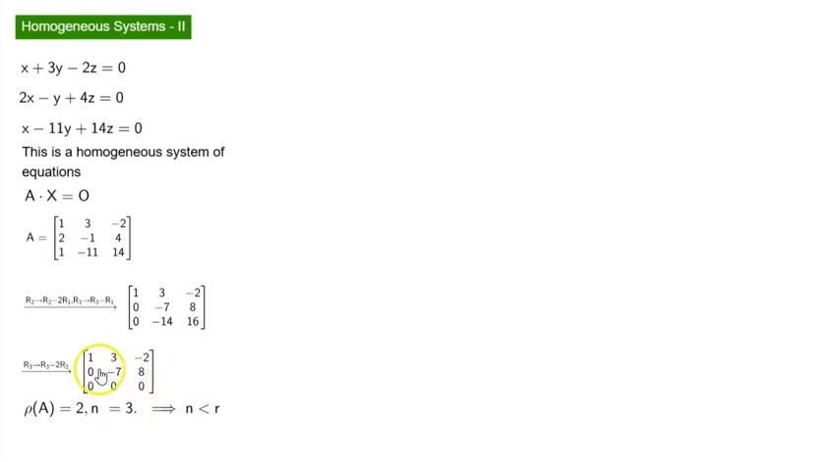And here you will notice that there are two pivots. So rank of A is equal to 2 and the number of variables is 3, that is n equal to 3, which implies rank of A is less than n. So if rank is less than n, we have seen in the previous session, non-trivial solutions exist. So using the equivalent system from this matrix, we get x plus 3y minus 2z equal to 0, minus 7y